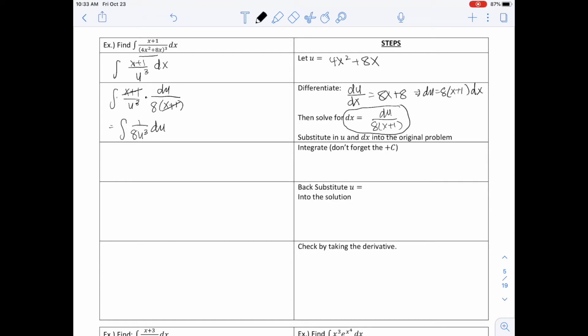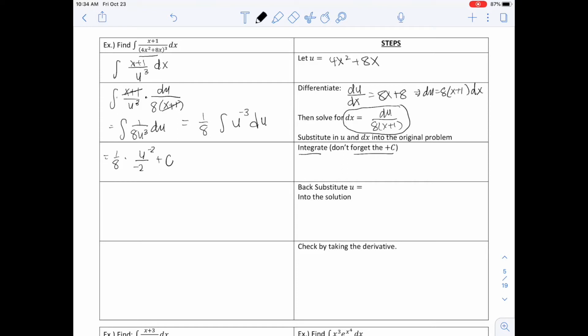So from here, I can pull that 1/8 out in front because it's just a constant. And I'm going to rewrite this as u to the -3rd du. Next step says to integrate, and don't forget your plus c. So the 1/8 is going to stay there. Adding 1 to our exponent, we end up with u to the -2 divided by the same value, -2, plus